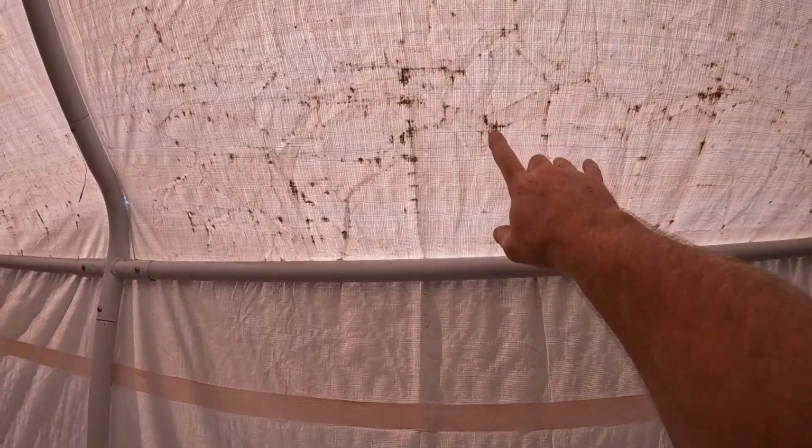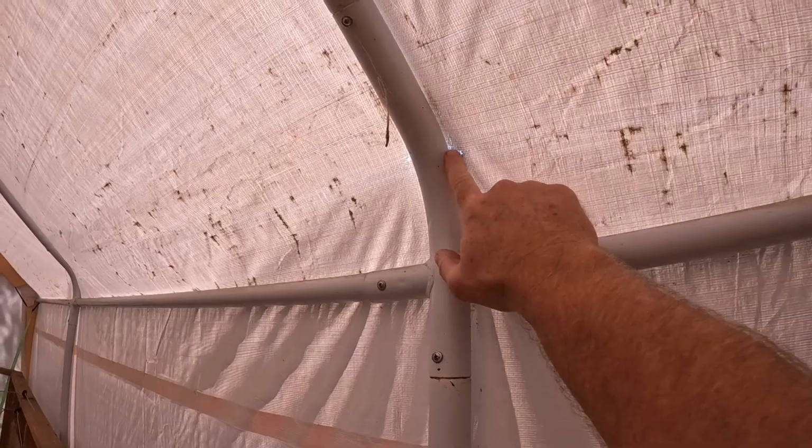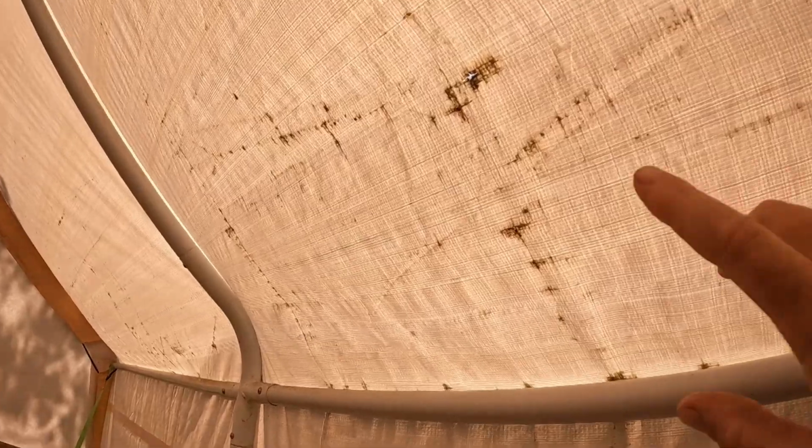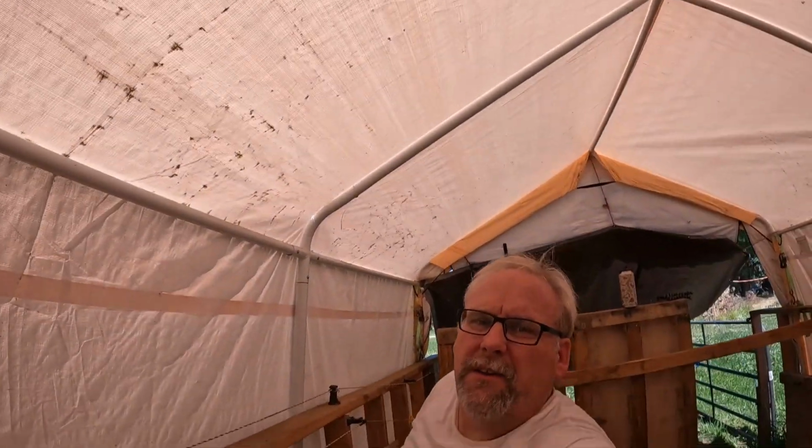So this is now getting old enough that if you can see, these are all pinholes. Pinhole. It's actually ripped out right here completely. And this is about, you can see a pinhole right here from like fluttering from it going back and forth. I think what I can do to get one more year out of this is probably paint it with some house siding or some